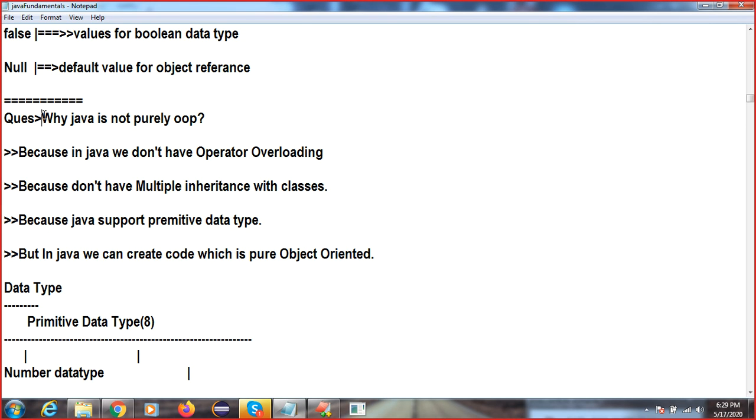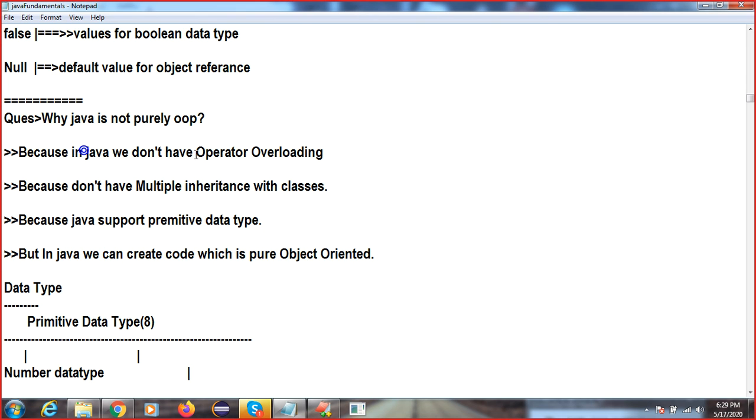So that's why the question here is why Java is not purely OOP. We can develop our code using the purely OOP concept or OOP principle. But in Java we don't have operator overloading, and we don't have multiple inheritance.